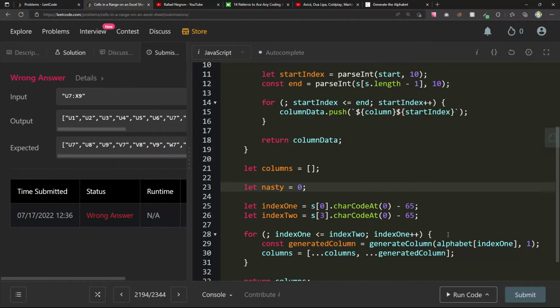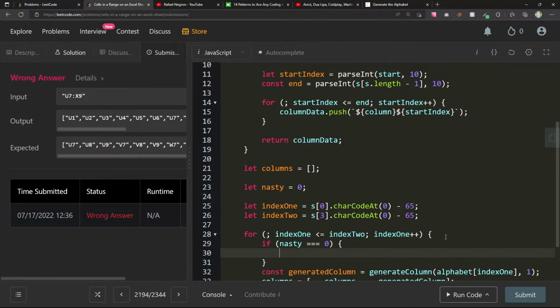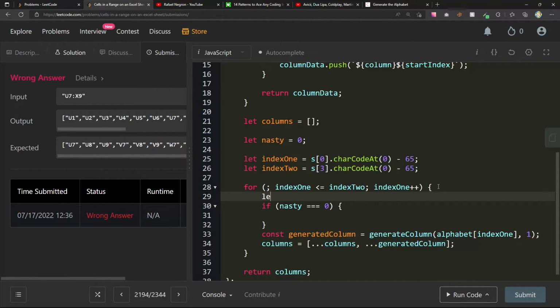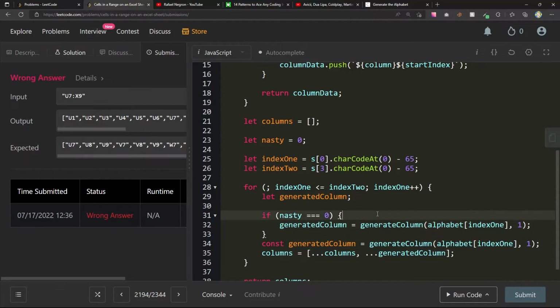Nasty is 0. I'm going to leave it like this. If nasty equals 0, then let generated column be this. If nasty equals 0, then generated column will be